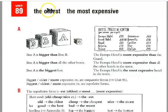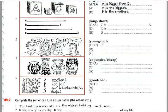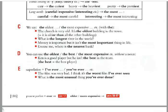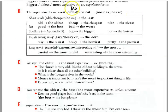Old, older, the oldest. So bigger, older, more expensive, etc. are comparative forms. Biggest, oldest, most expensive, etc. are superlative. So let's look at B. In B, we said the superlative form is EST. So oldest or most